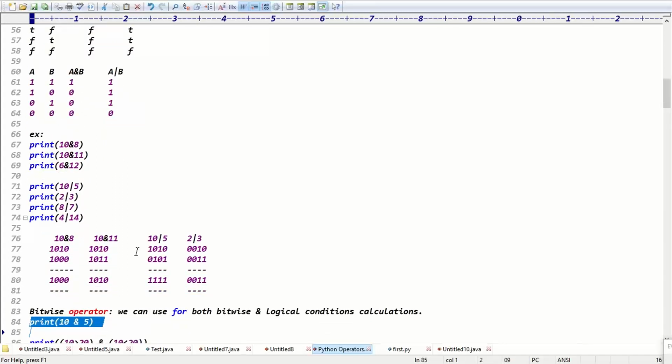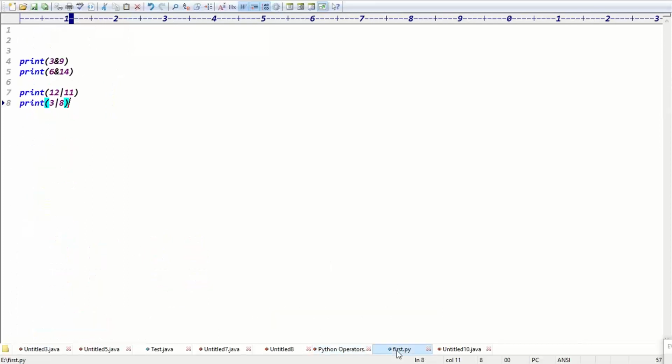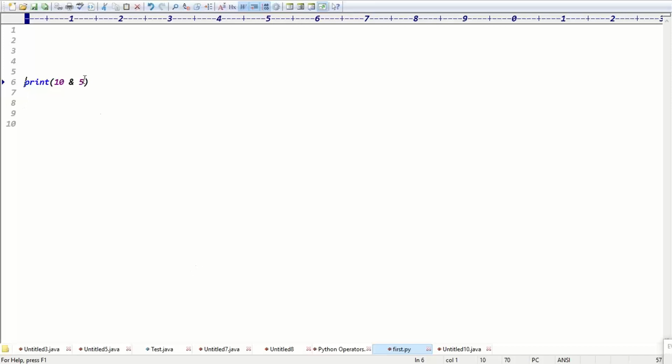Good. But observe one point, guys, here. If you write the output of 10 AND 5, 10 AND 5 means what is the output now? Guys, 10 AND 5 means what is the output now? You can write the 10 as 1010. Here you can write 12 AND 12, otherwise 6 OR 6 OR 6 OR 5, something like this. Guys, the first case was the output of 10 AND 5.